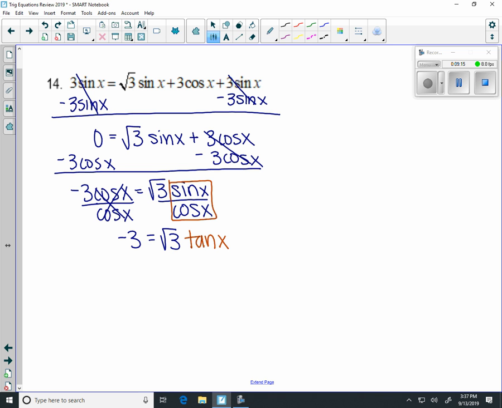I like it. And then if we divide both sides by radical 3 and rationalize, so what we have here, tangent of x, just to mess with my order here a little bit, negative 3 over radical 3, bring that radical up,